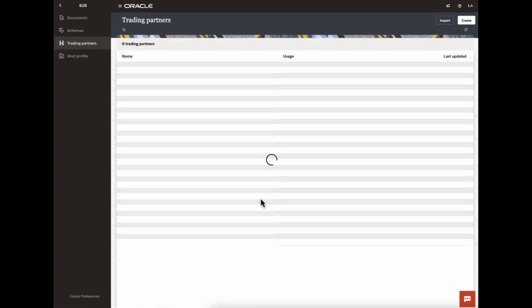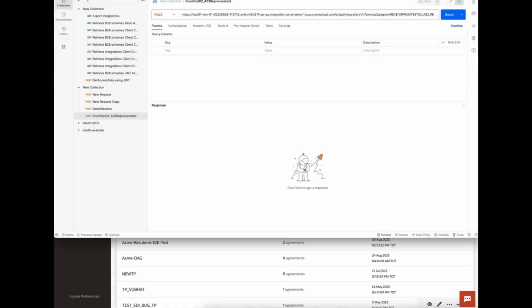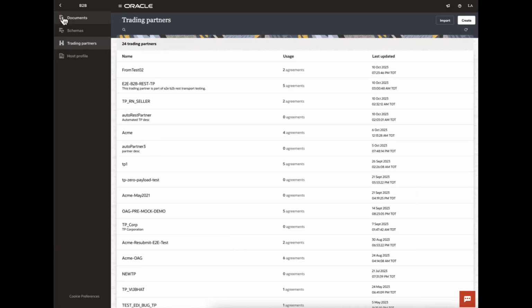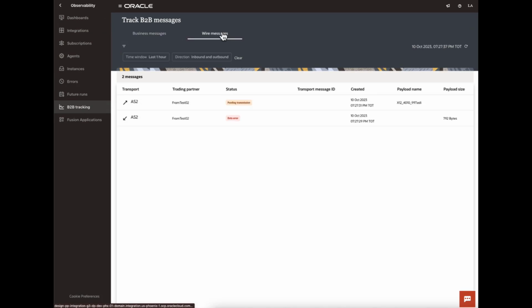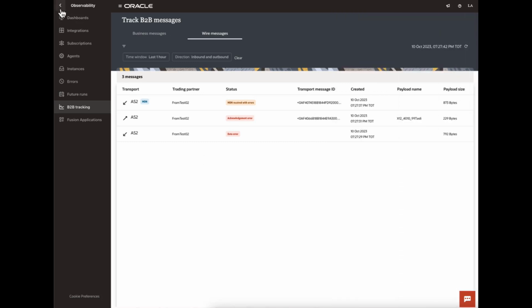So what I'm going to do now is send a transaction over from Postman here. So this was successful. We'll go into our observability, and in the wire messages, we can see there is a data error. So when I look into the message logs, it says that the TP agreement was not found, right? So in this situation, what we can do is